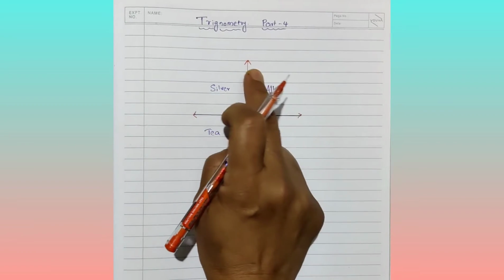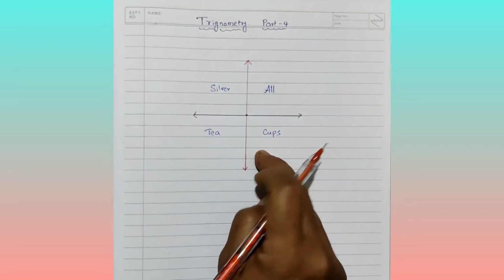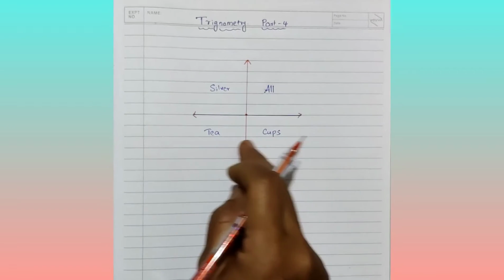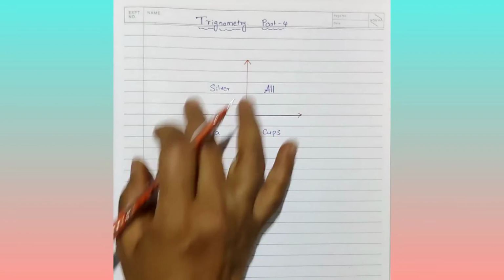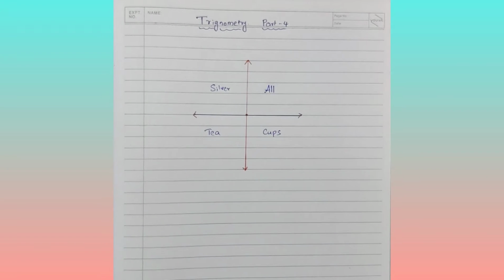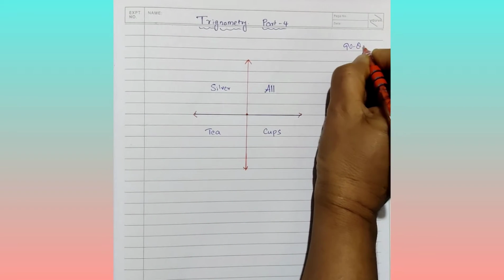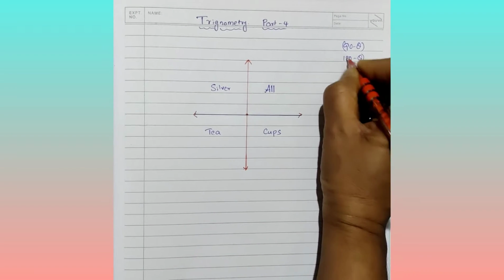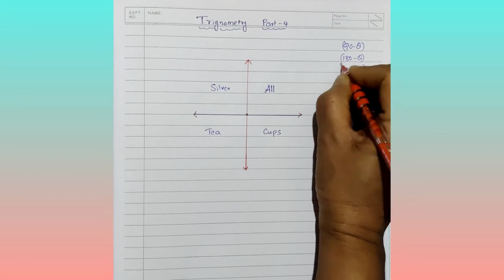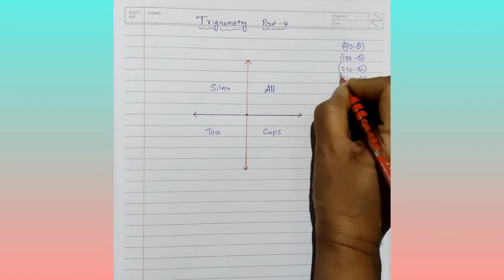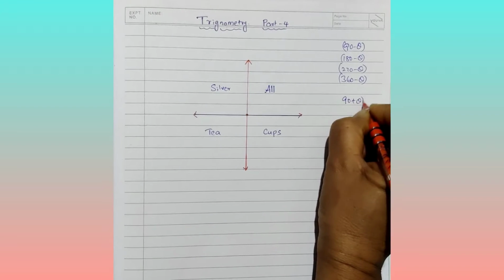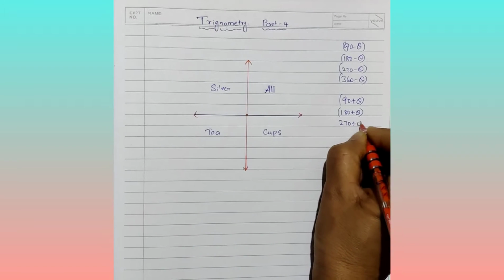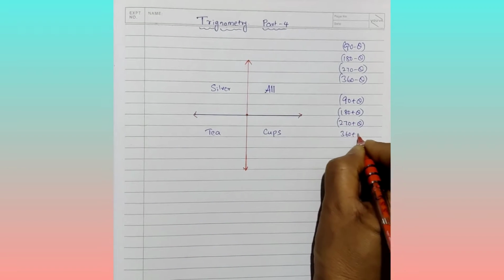We have learnt about this anti-clockwise, like it's a plane and it divides into 4 parts: region 1, region 2, region 3, region 4. In that way only, here also we are going to discuss about the 90 minus theta. Already we discussed in part 3. 180 minus theta, 270 minus theta, 360 minus theta, like that. 90 plus theta, 180 plus theta, 270 plus theta, 360 plus theta.